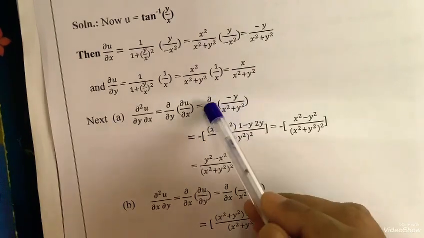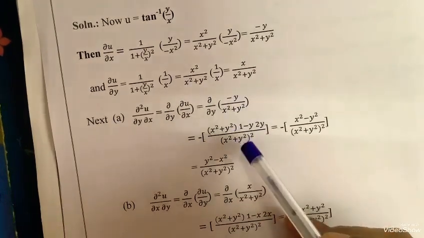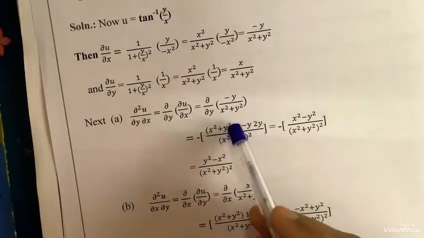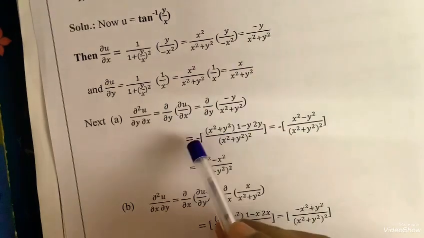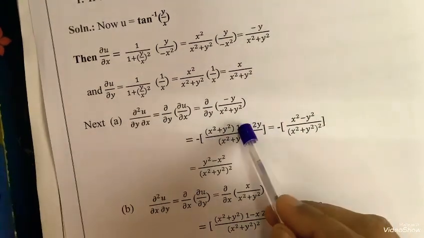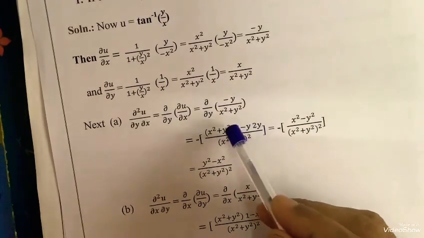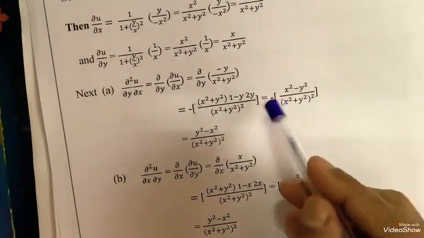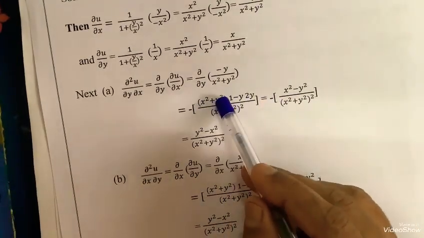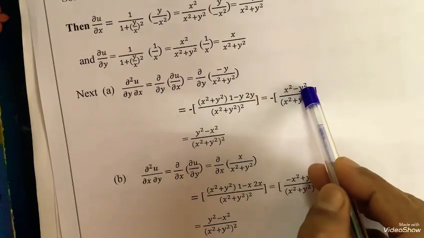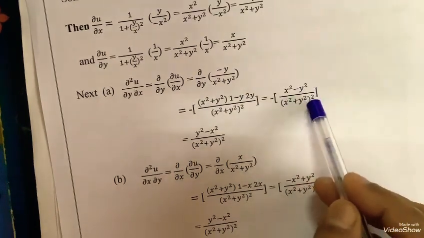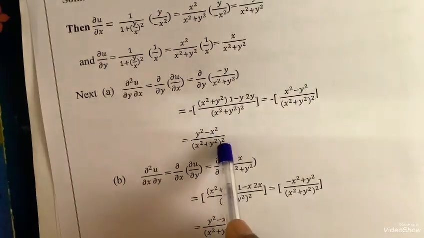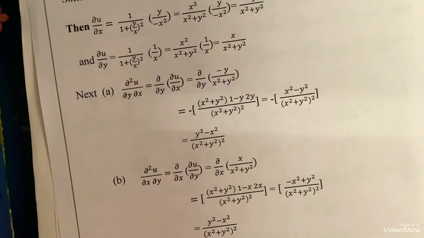So with respect to y means both are functions of y, so use the quotient rule. Quotient rule: x square plus y square whole square, write x square plus y square as it is, differentiation of y is 1, keeping minus sign outside. Minus, write y as it is, differentiation of x square plus y square with respect to y, 2y. So this is minus of x square plus y square minus 2y square, which is minus y square. X square minus y square divided by this. Bring minus sign inside. It is y square minus x square upon x square plus y square. Yes, I hope you followed this.